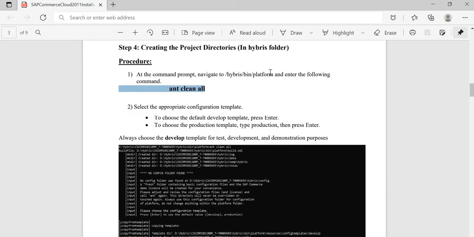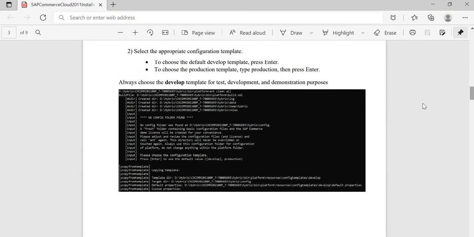So again you need to navigate to the platform folder and run ant clean all. An important point to note here is that we need to select the template as well. So the default template here is develop, and always make sure that the develop template is for test, development and demonstration purposes. For production we are not going to use the develop template.